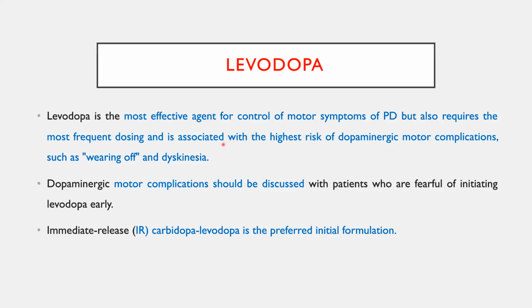You need to explain to the patient the future complications of levodopa, like dyskinesia, whenever you are starting the drug. Better you start with immediate release drugs, because sustained release drugs will cause dyskinesia. So start with the immediate release tablet, that is Syndopa or LCD or Cinamet. All those are preparations. So better use an immediate release tablet initially.